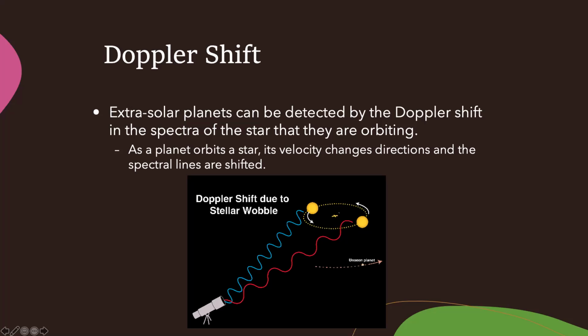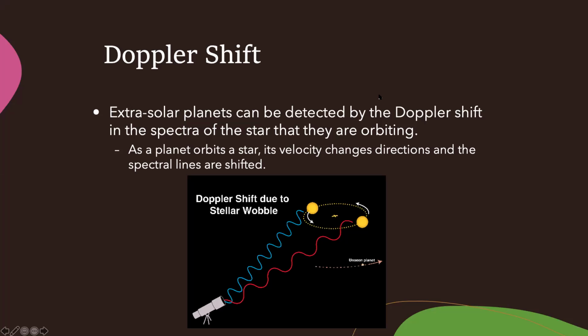So what would be causing that wobble? What would cause this star to wobble on its axis? Probably something that's orbiting it. And so if we can figure out how frequently the star wobbles, we can figure out how frequently the unseen planet completes its revolutions around the star. And based on how much wobbling there is, we can determine whether that planet is small and close, or big and far away, or big and close, or small and far away. We can figure out a lot of information there,